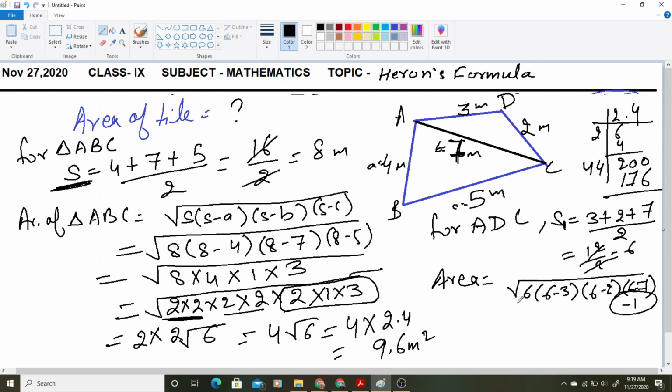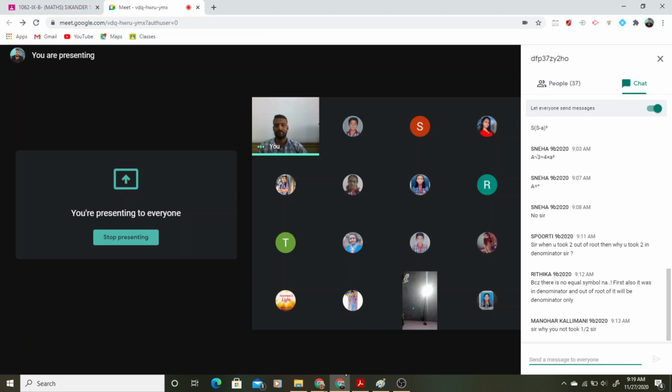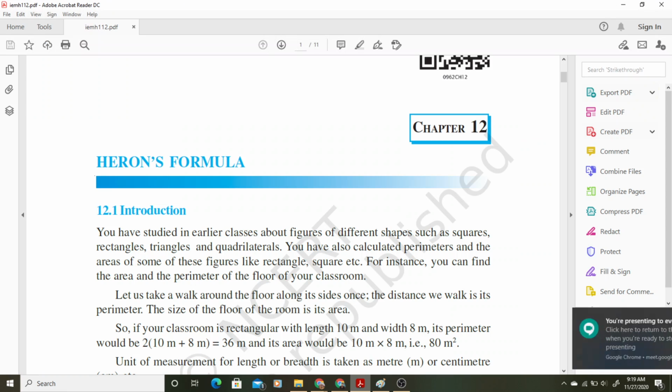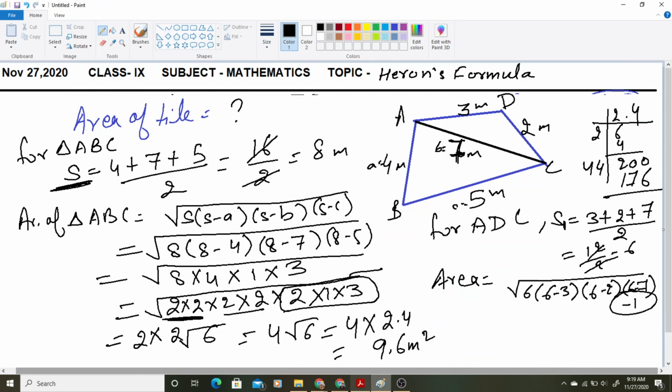Okay, that means what? And see, in the figure itself there is a problem. Can any one of you identify what thing is wrong in that figure? One thing is wrong in that figure. Can anyone tell me? Sir, I think the diagonal, sir. Okay, you are saying the diagonal is wrong.